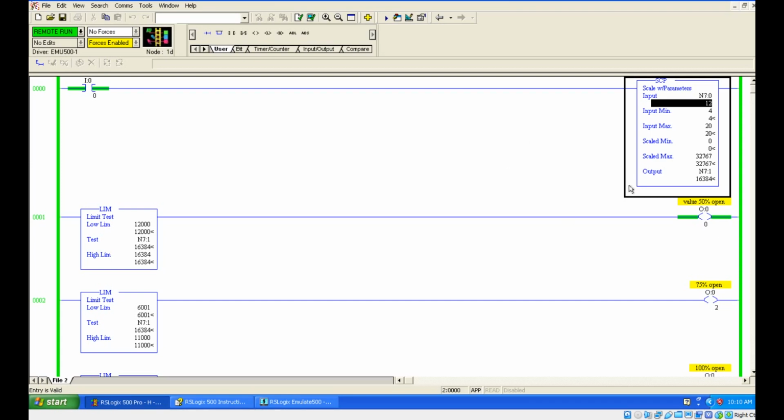So this is the way to use the SCP. Just practice this in a software. Like that you can convert from 0 to 32767 to 4 to 20 milliamps as the output scaling function. You can do like that also, or you can go with 3 to 15 psi. You can give. So input scaling function is also there, output scaling function is also there. So just practice this in a software.